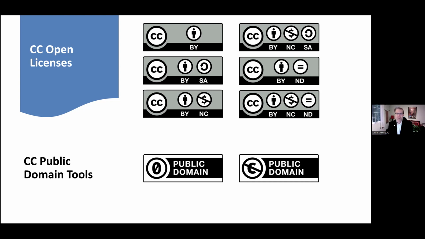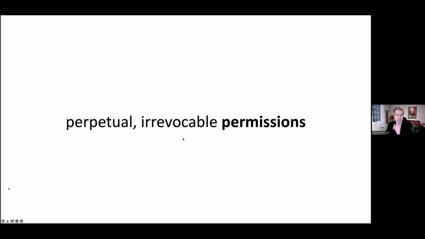We see something and we say, that's really good, but I can make it better, or I don't quite like the order of it, or it's in the wrong language, or it's got the wrong example, and we modify things for our students. And that's good. We should do that. And so we tend to stay away from the no derivatives licenses. There are pros and cons to each of these licenses, and maybe we can dive into that a little bit in the Q&A period. So somebody be sure to ask me about that when we get there.